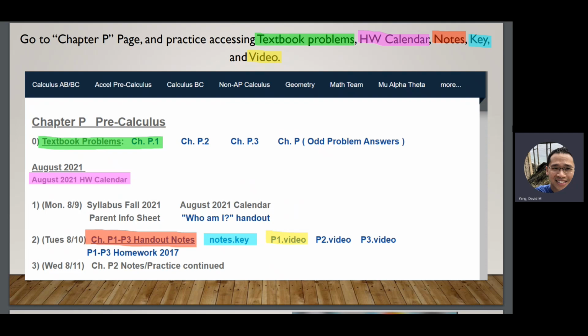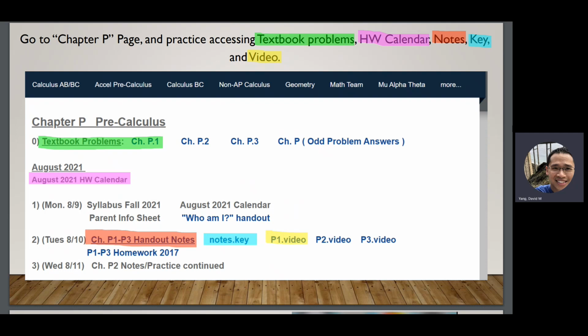But I want to make sure that we can get to this page. If you can click on chapter P1, that's where the textbook problems are going to be, all at the very top of every unit page. I think I'm going to be printing out physical copies for you and attaching them to the back of your packet, but just in case you misplace anything, you'll know where to find your textbook problems. If you can click on P1, that'll take you to the textbook problem page, and I just want to walk around and make sure that you're able to get to that page.